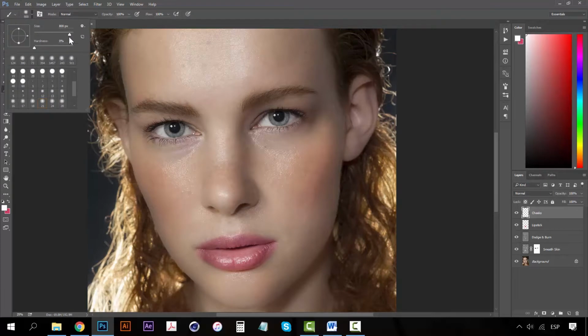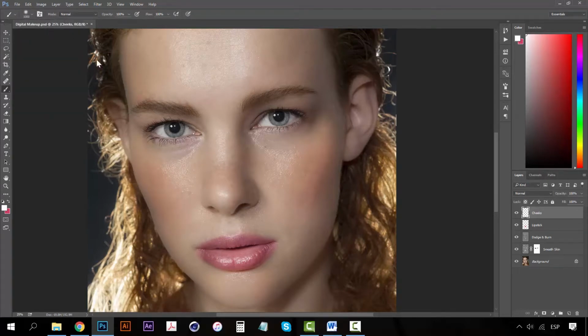I think even bigger. Let's go to 1000 and set the color. We can use this same color, kind of a pink color, and just give it a touch here and here,